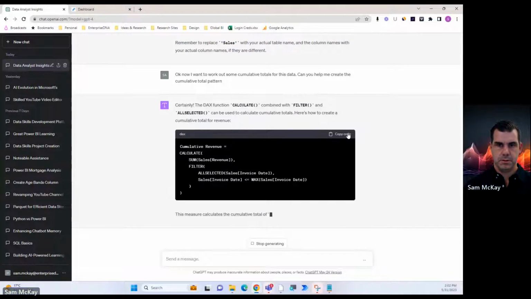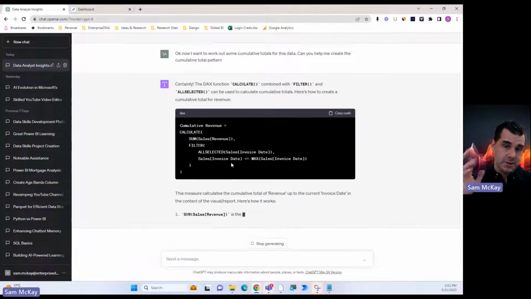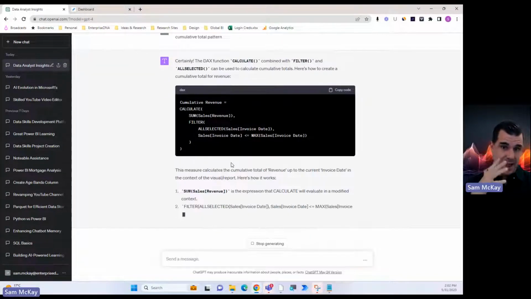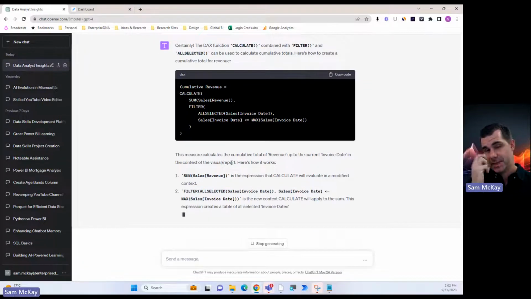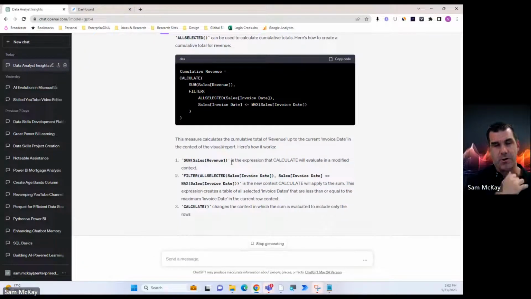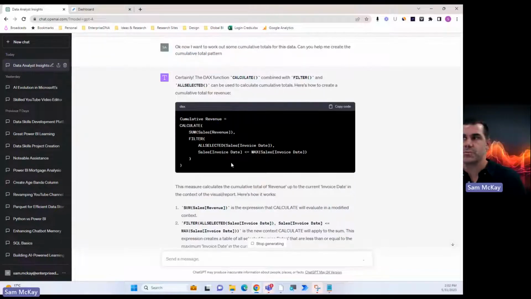Yep. Okay. Now, interestingly enough, this is not right. This is where DAX can be a little bit off. This is the one thing that we need to be very, very conscious of. And I'll be amazed when I see Copilot figure all this stuff out, right?